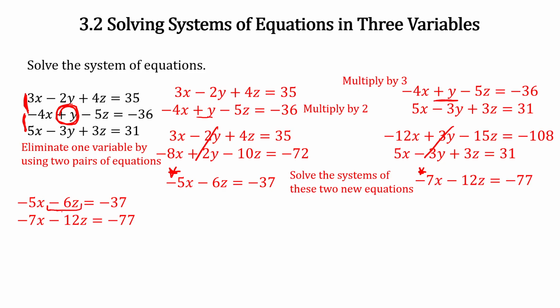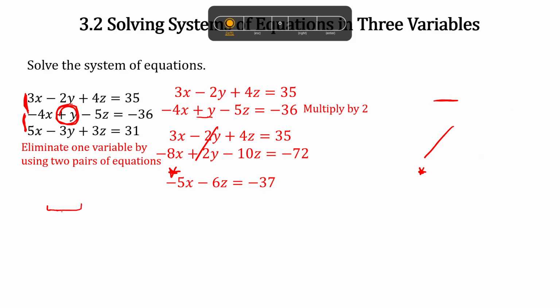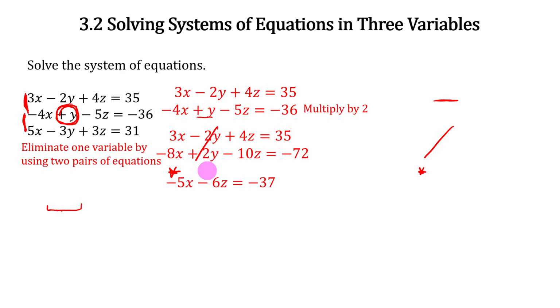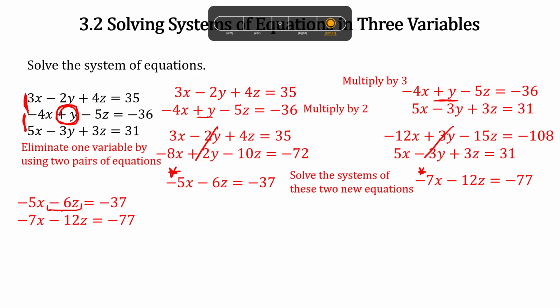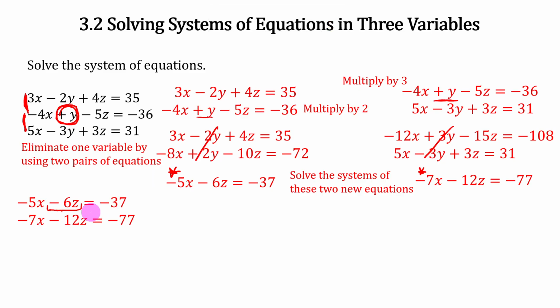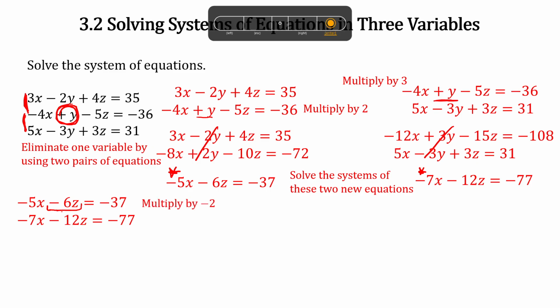Now let me go back, by the way. You solved this one, or I'm sorry, you eliminated y. When you do another two sets of equations, you need to eliminate y again. It just so happens it worked out that way. You need to eliminate the same variable in both, so you have the same variable here. I should have said that. I apologize. Well, now if I multiply the top by negative 2,